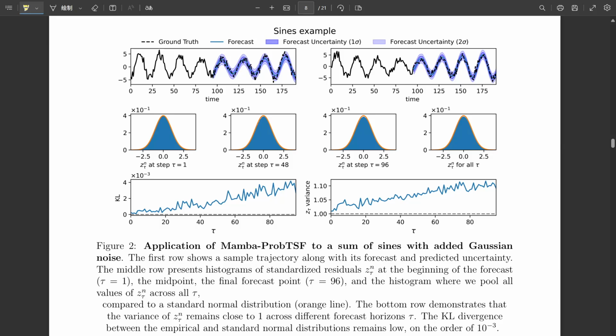Precisely. And remember, they do that pre-initialization step for the mean network first, just using a standard error loss, like mean squared error. Right, to get it in the ballpark before bringing in the probabilistic part. Yeah, it gives it a good head start. And of course, for practical training on large time series data sets, they use mini-batching. Makes sense. Got to handle that data volume efficiently.